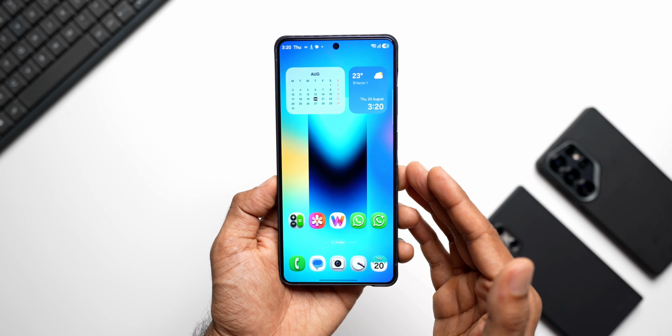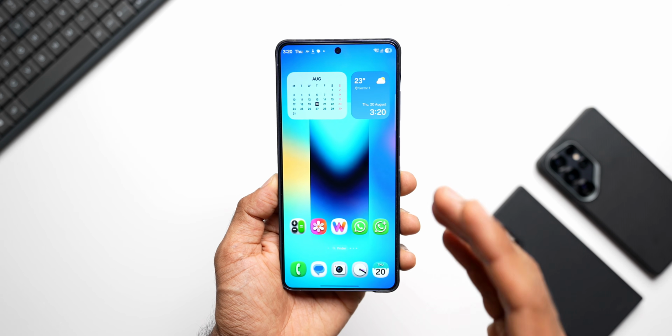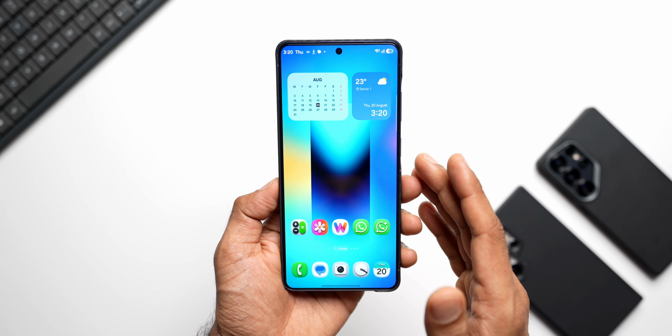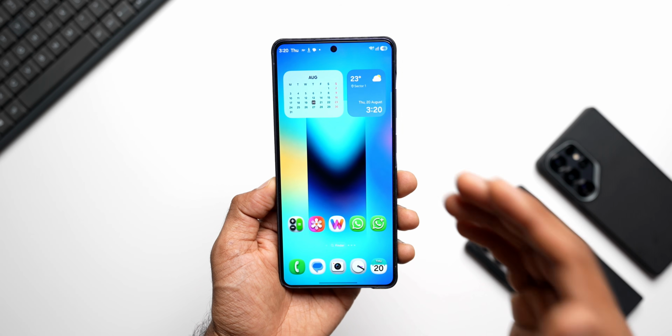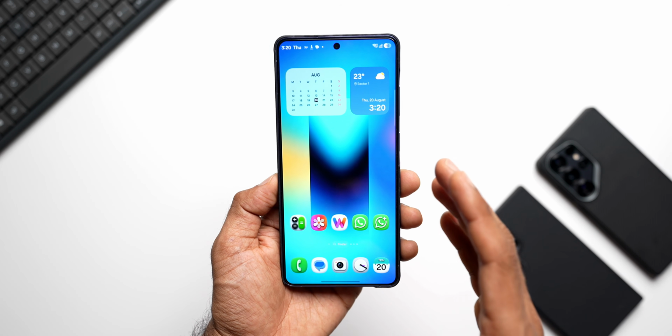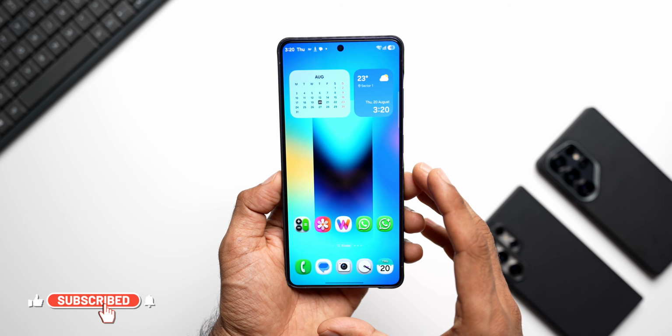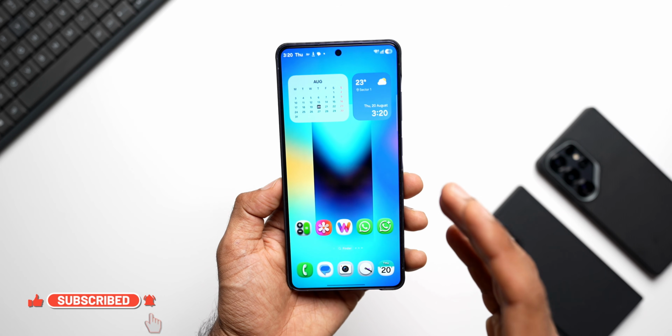Here is something very exciting for all the Samsung Galaxy fans out there. Samsung is introducing a brand new feature with respect to widgets. And this is expected to be called My Custom Widget on One UI 9.5. Yes, we would be able to create our own widgets right on One UI and place them on the home